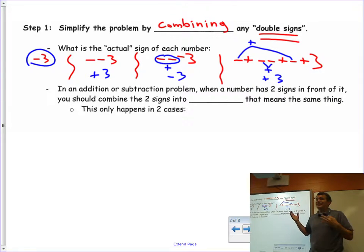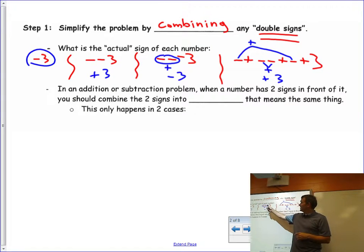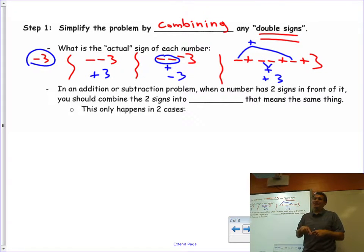This is something I think you can do fairly easily. Two negative signs make a positive. If there's a negative sign left that doesn't have a buddy to pair up with, then the number stays negative. All right, so in an addition or subtraction problem, when a number has two signs in front of it,